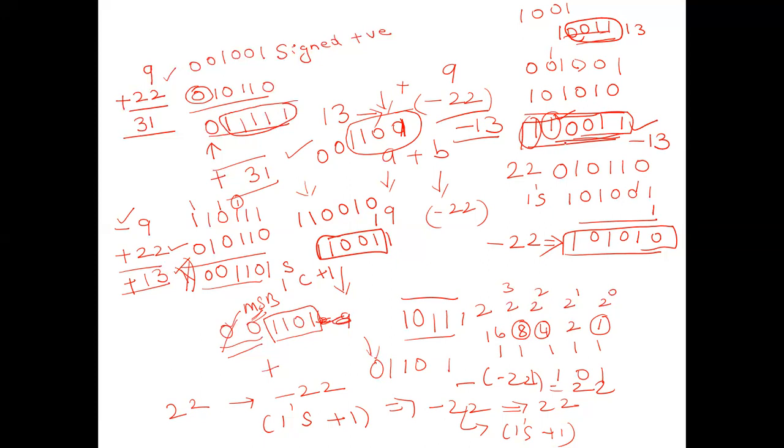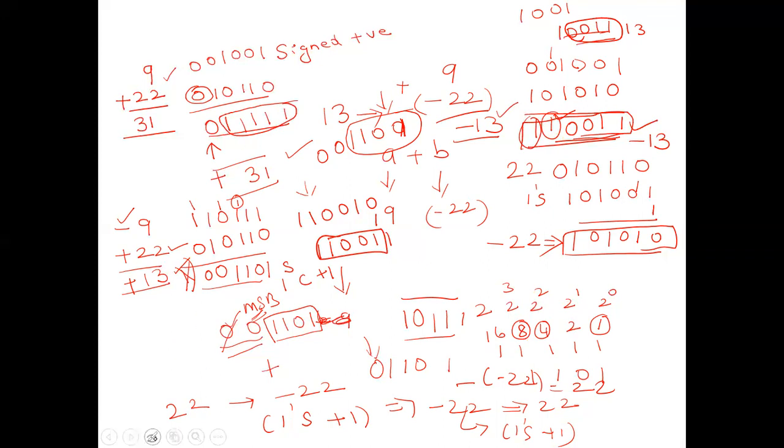To check the given answer, wherever the most significant bit is 1, it will definitely be minus 13 only. Sir, if I substitute 1 1 in this format, I will get a different answer. Yes, you will get a different answer, but you have to make sure how many maximum bits are needed to represent the output. That is very important. If you don't know that, it will be very difficult.